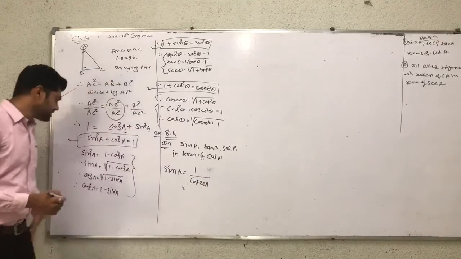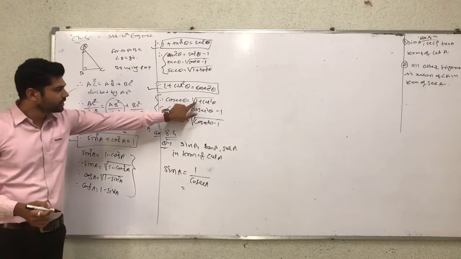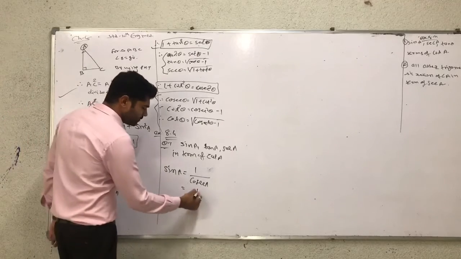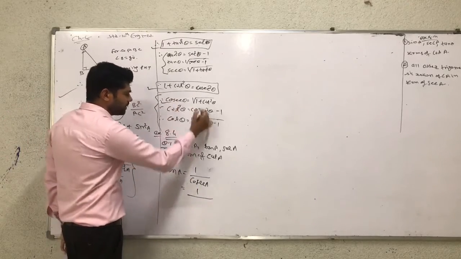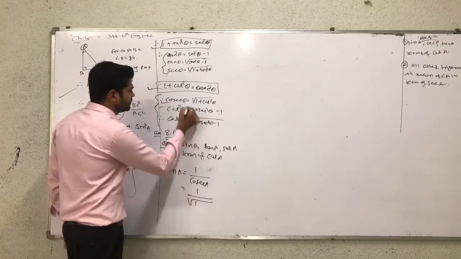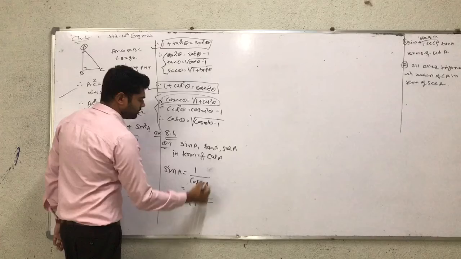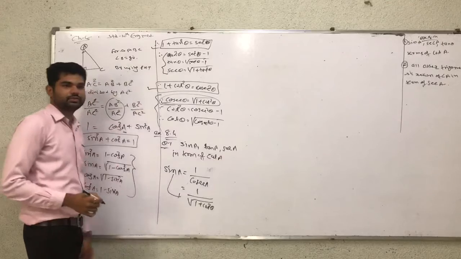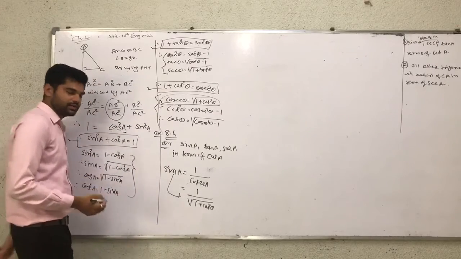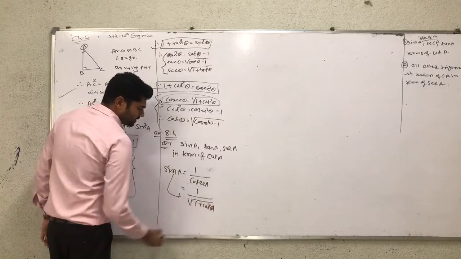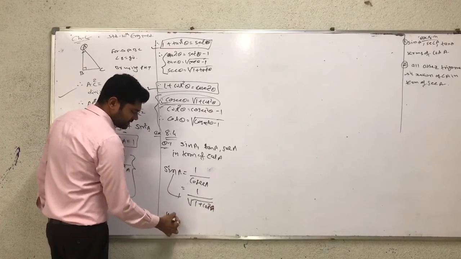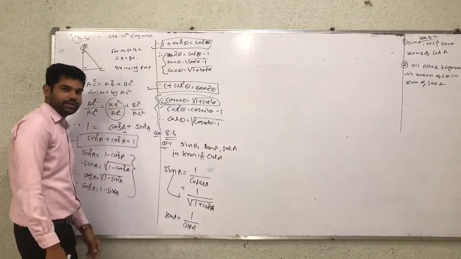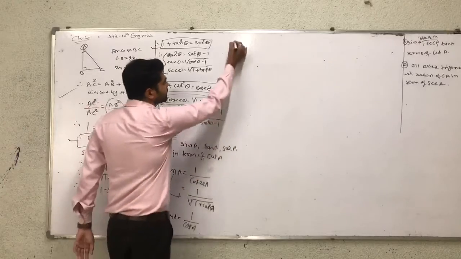Now cosec A is equal to under root 1 plus cot square theta. So the answer is 1 upon, in place of cosec A, under root 1 plus cot square A. So the value of sin A in the form of cot square A, here we can write A. Now tan theta. Tan is a reciprocal of cot, so directly we have to give the value in the form of cot. So tan theta is equal to 1 upon cot theta.